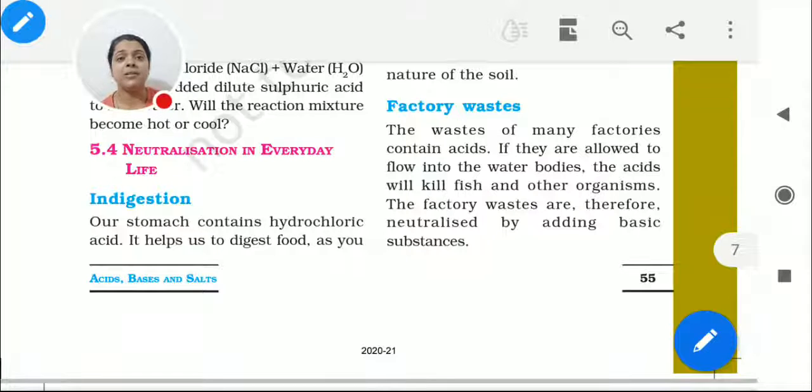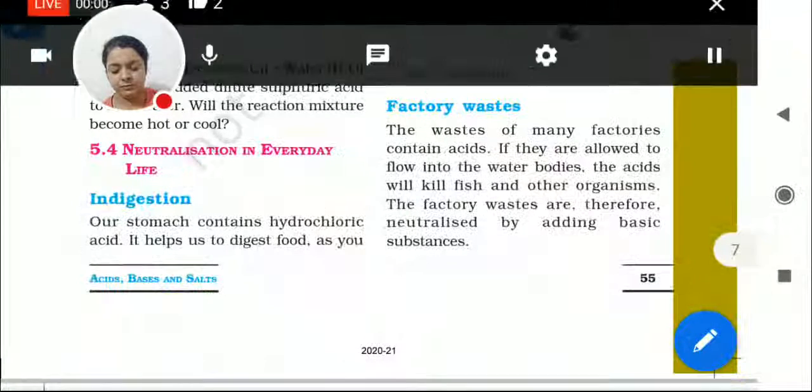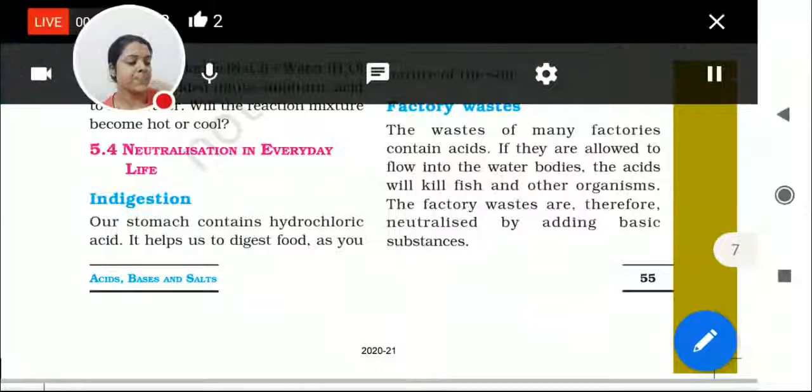Now the government said it's not allowed. So how to do it and what to do? In that case, what will happen if directly the factory waste